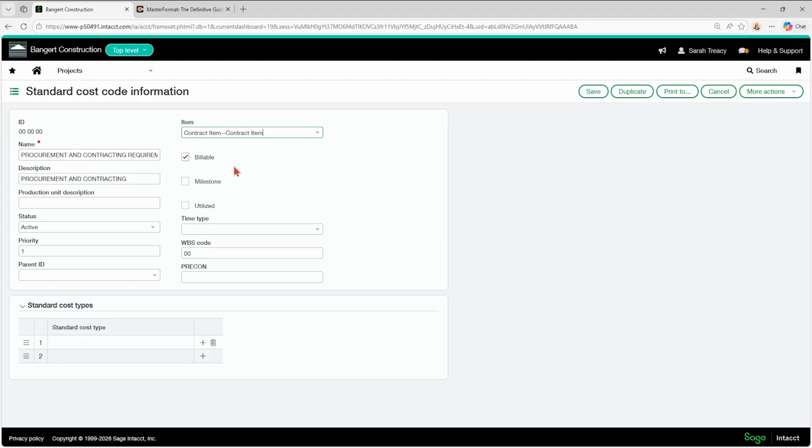Definitely want it to be billable. You can use milestones if that's something that you're interested in. I think we have other videos which go into that. And if a cost code is being utilized, we haven't seen any clients use this. And then WBS code can be used as well for when you're assigning your cost codes to your project to